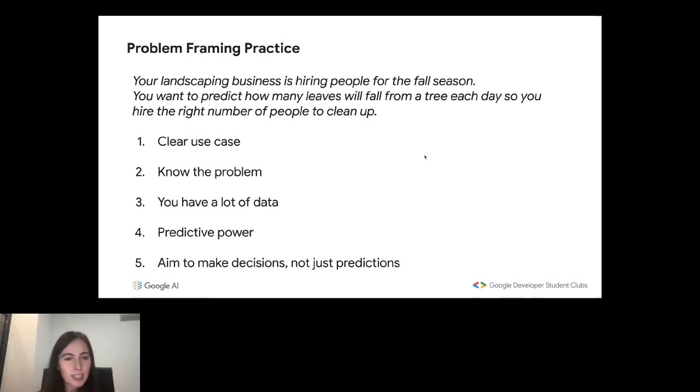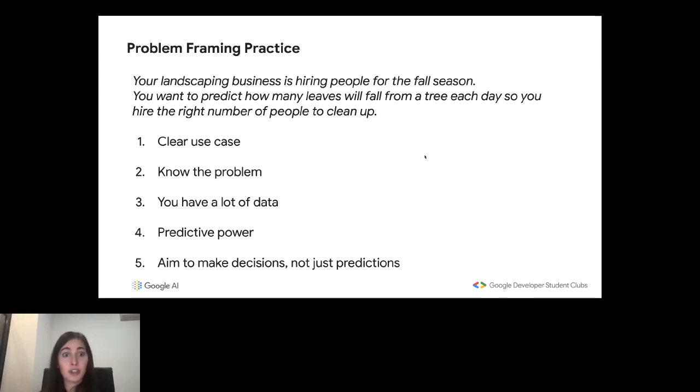I'll start by giving an intuition about it, but then I'd like to leave you these as an exercise to get into the practice of framing machine learning problems, because that is what you're going to be doing before actually moving to the code. You have a problem you want to solve. You have to frame it at the beginning and understand if you have a clear use case.